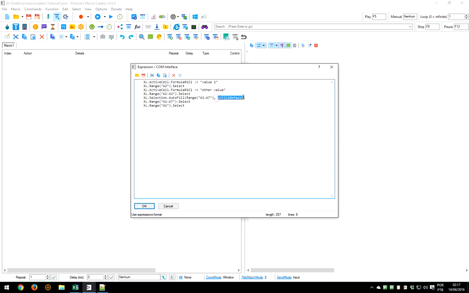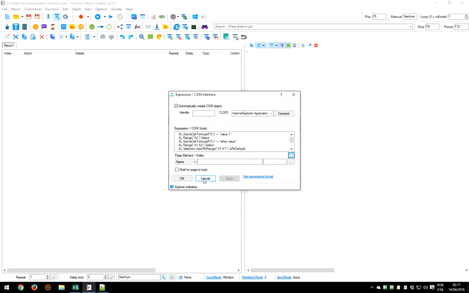Those words you see that start with Excel and something are constants, Excel constants. So to use constants in AutoHotkey, you need to set their values first, and you need to know what their values are. You can search on the internet for Excel constants, and one handy thing you can do is